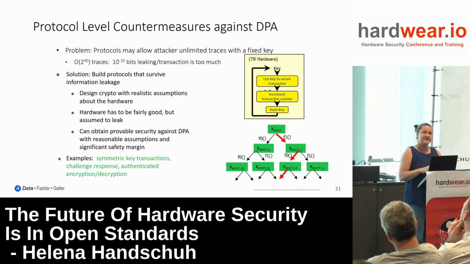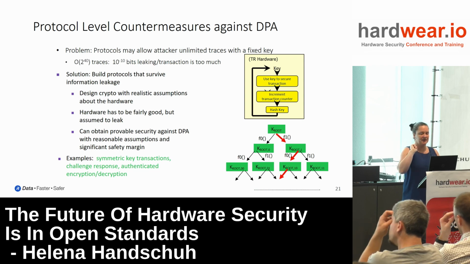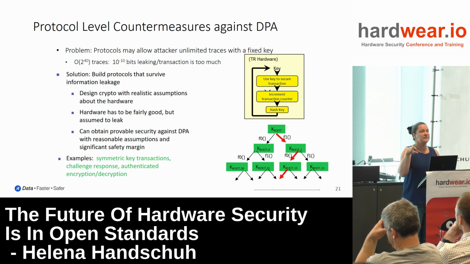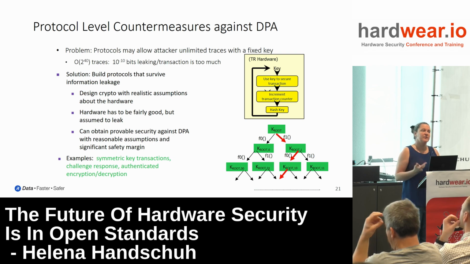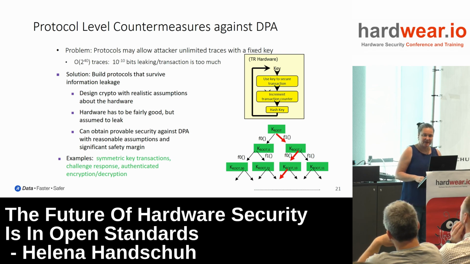And so what you can prove in this case, if you can't change the implementations and do anything on that side, what you can still prove though is that each one of the keys that you're going to use in your protocol only gets applied to 3 different values at the maximum. There's one value that leads from the root to that key, and then from that key on you can go one of 2 ways, depending if the bit is 0 or 1. But each one of these keys will only be used for 3 different inputs, and you can show that 3 different inputs is not enough to run statistical analysis on anything. So your keys are safe.